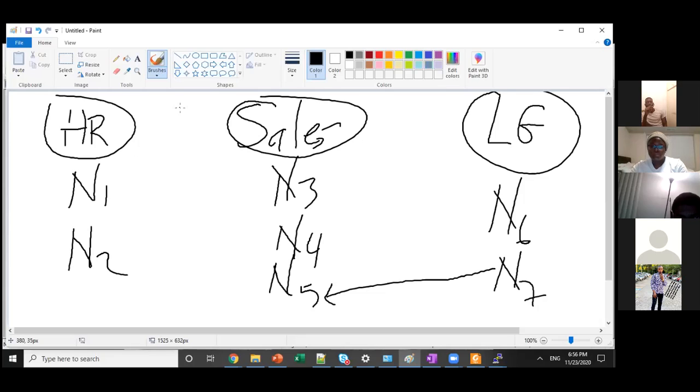For sales, we define the minimum number of nodes sales should have, the maximum number of nodes it can have, right? And same thing for logistics. What will differ for all of them is the importance. How important is HR compared to finance, or HR compared to sales or logistics? So these are the three parameters we define. So let's assume that